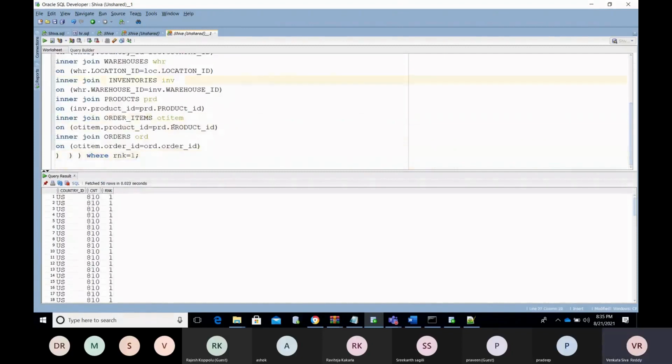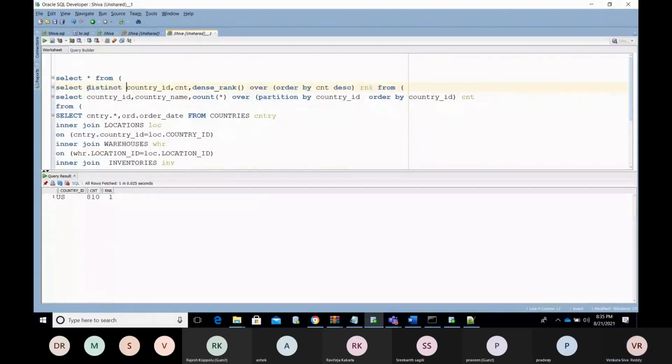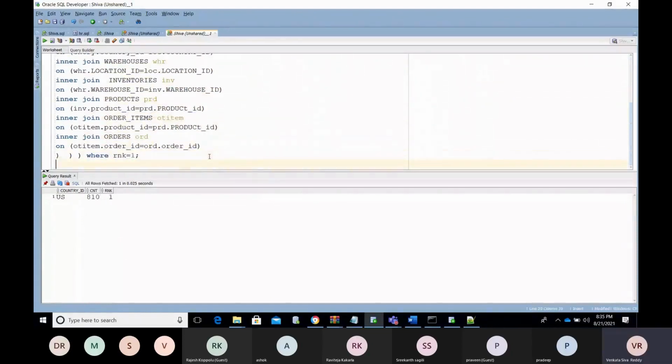We are getting duplicate values here. If I use the distinct clause, it will remove them. Okay, got it? Any doubts on how to use this?